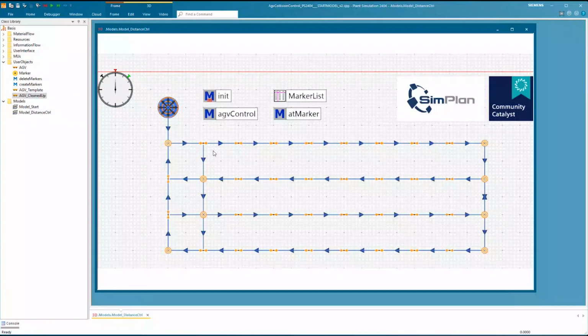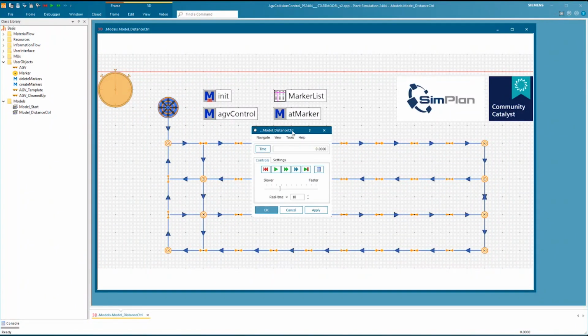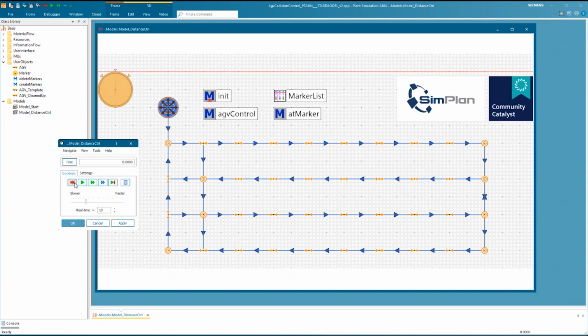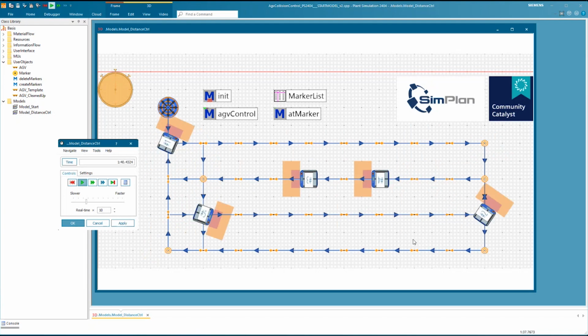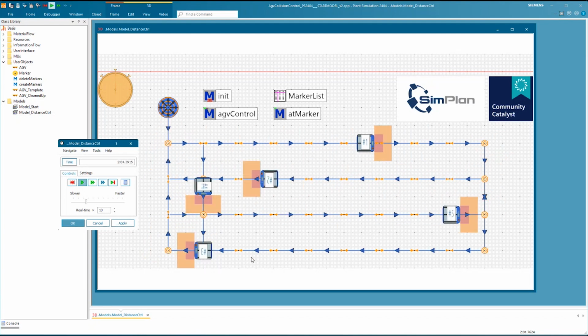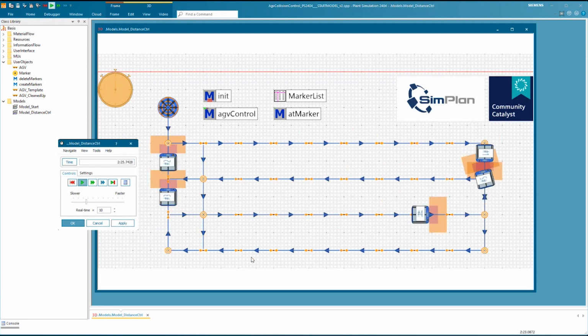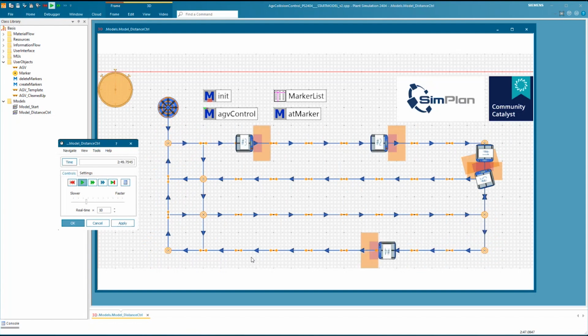So we will now take this AGV, assign it to this AGV pool, and let the simulation run. Then we will have to wait for some situations where the AGVs cross their safety zones. If you look closely at these points where they're getting close, you saw that some of them briefly stopped and let the other one pass, and then they resumed moving.